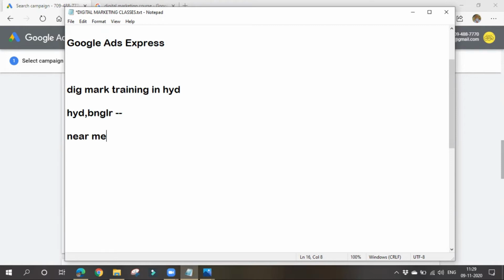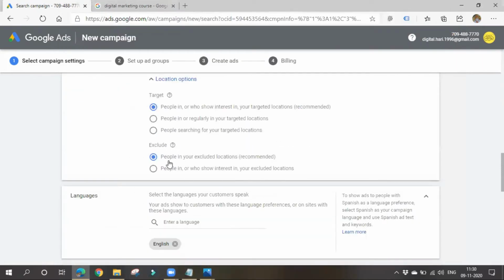Digital marketing training near me. If he is residing in Chennai and searching for your business like digital marketing training near me, as he is in Chennai, Google will search for local results. Near me means in Chennai you want something, so that's why your ad will not get displayed. So based on the query, your ad will display or not. That's why you have to choose proper keywords. So understood till now?